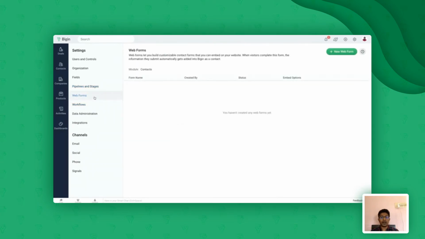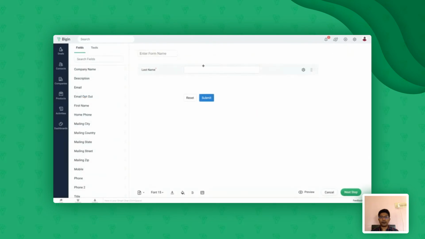So again, web forms are pretty much essential for you when it comes to lead generation. So you don't require any coding here to create a form and host it on your website. So you just go to the web form section over here from within the settings and click on new web form, right?